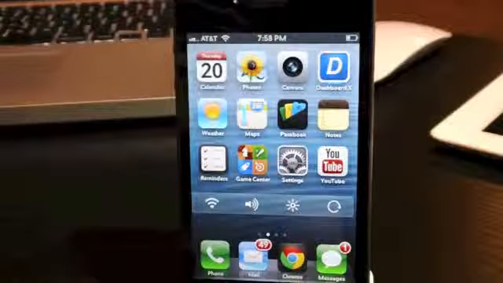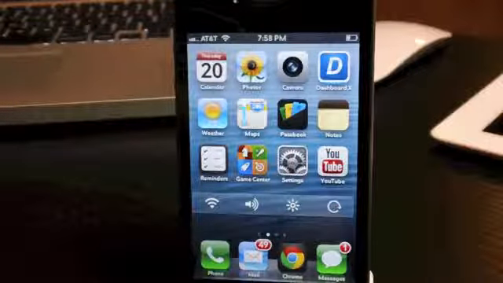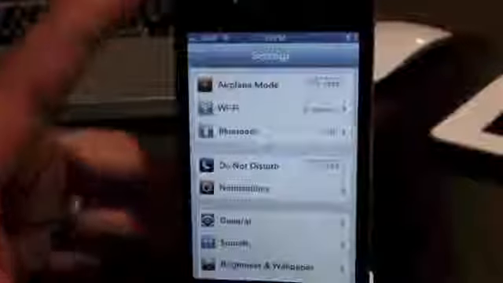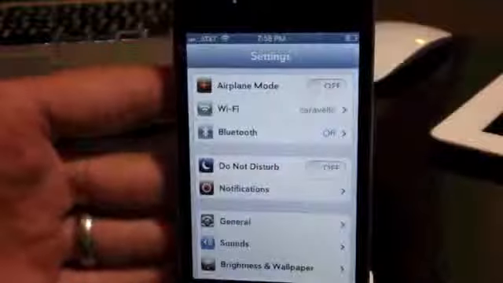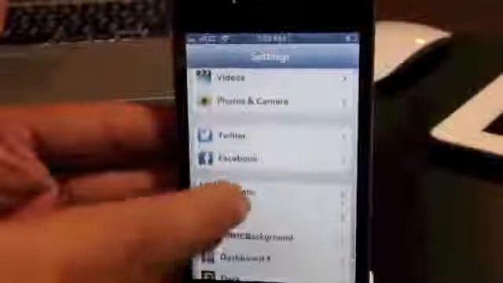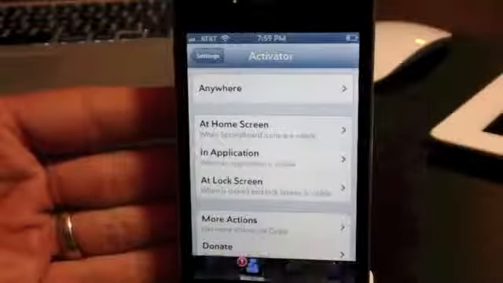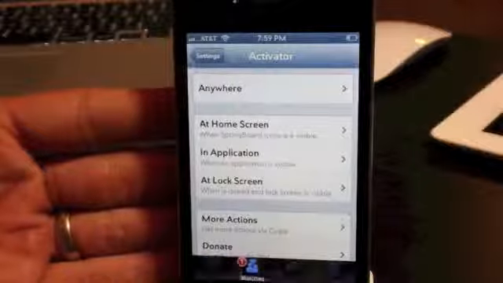Now the first tweak on this list is called Activator. This has been around for a very long time. It lets you set up activation methods to do different actions on your device. Now considering you're probably going to be toying around and trying out different tweaks, here's what I'm going to recommend you do with Activator just to make your life a little bit easier when it comes to installing tweaks that don't work and cause you problems,